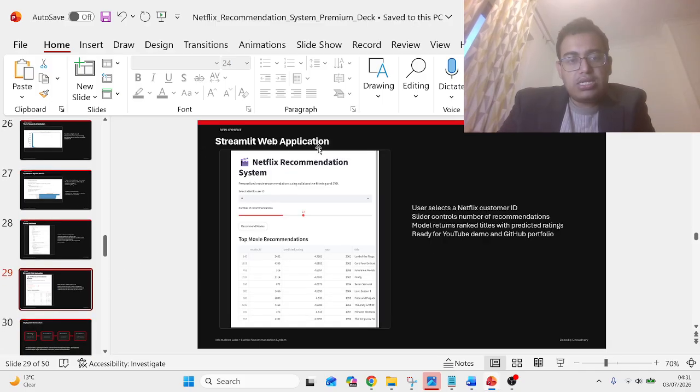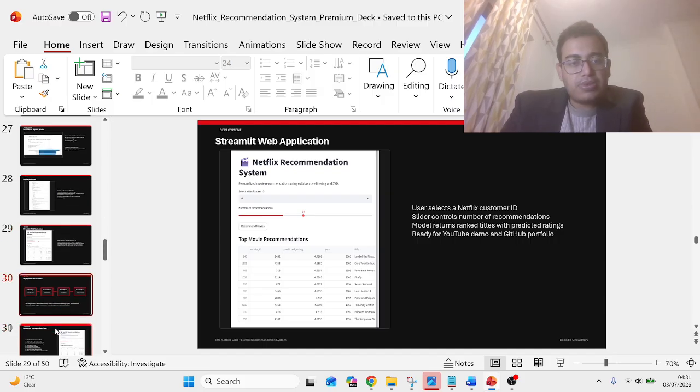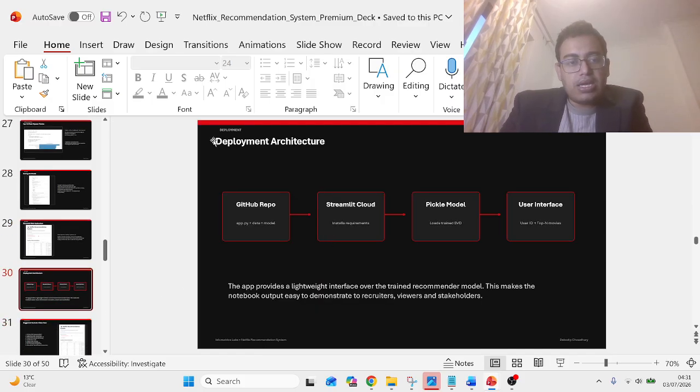As you can see, this is a screenshot of our Streamlit web application. The user selects a Netflix customer ID. The slider controls the number of recommendations. The model returns ranked titles with predicted ratings. And this is the